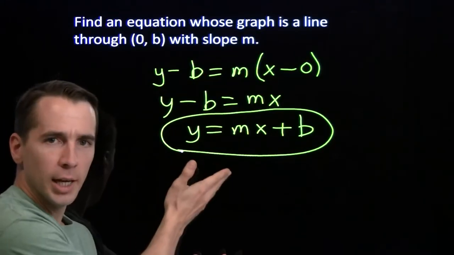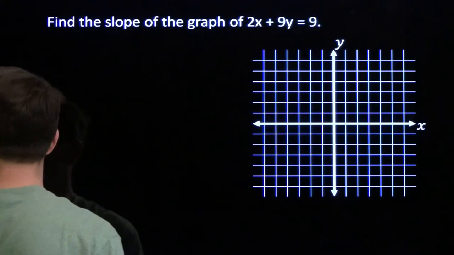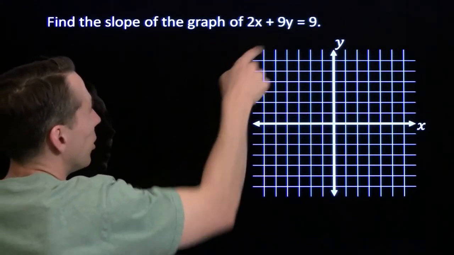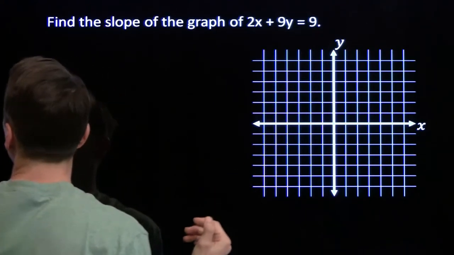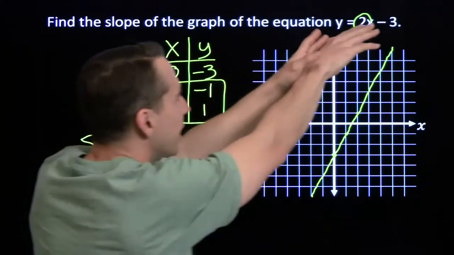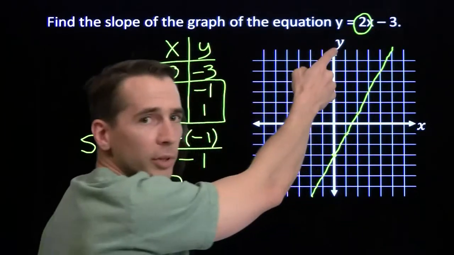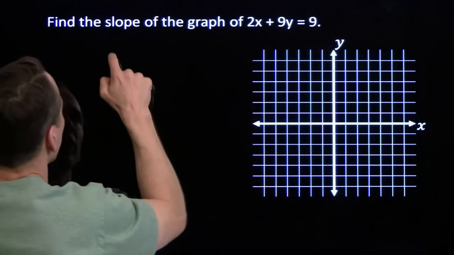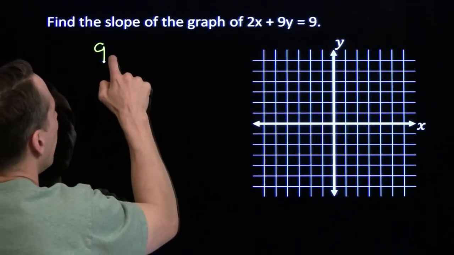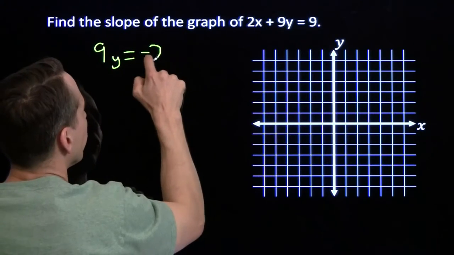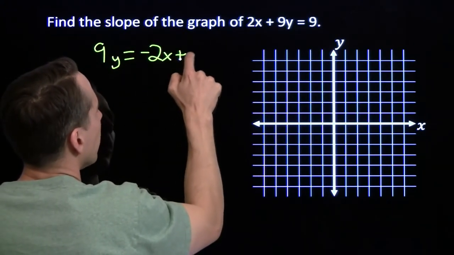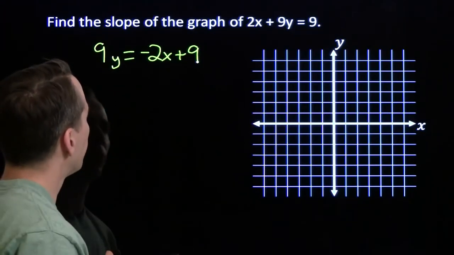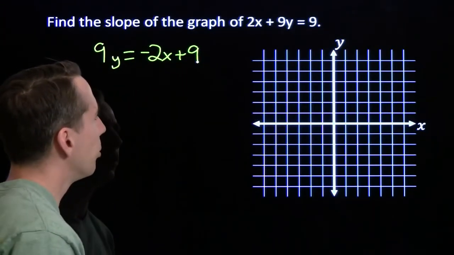All right, now that we have a good handle on the slope-intercept form, let's tackle a couple of problems. We'll start right here. We're going to find the slope of the graph of this equation. We've got our shortcut now. Right back here, we get the y thing over by itself and we say, bam, there's the slope. So that's what I'm going to do right here. I'm going to subtract this 2x over there, and I'm going to have 9y equals minus 2x plus 9. Bam! See the slope, see the intercept. Looks like the slope is minus 2, and the y-intercept will be the point (0, 9).